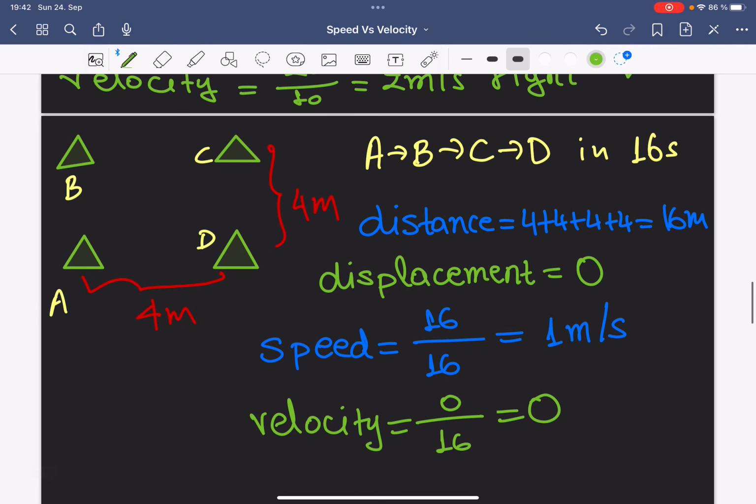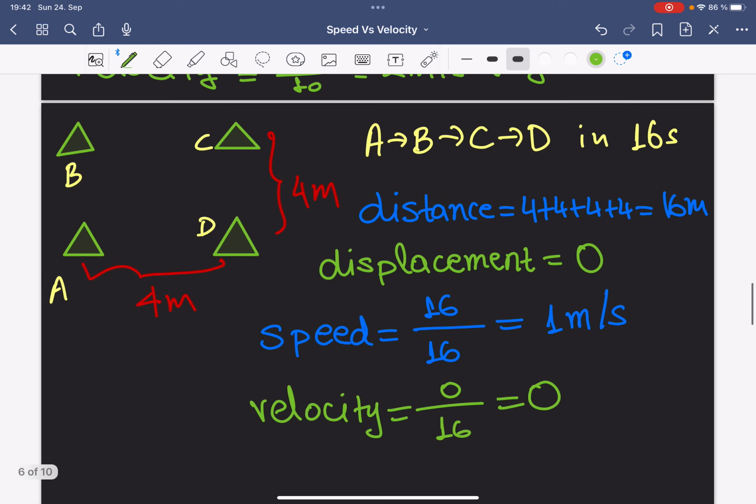Now another example is where we have this scenario where the object would be moving between these points A, B, C, and D. And if we are interested in calculating again the speed and velocity, it means that we need to determine distance and displacement. So the distance for this scenario, where the object has started from point A and then completed, let's say, a full circle passing from A, B, C, D, and then ending up back in position A,